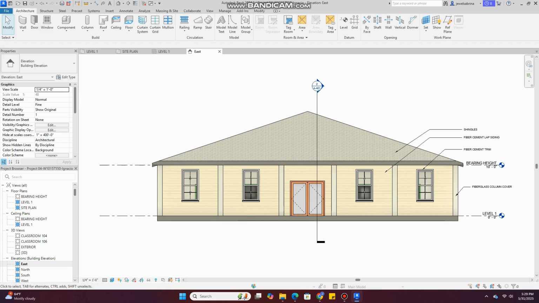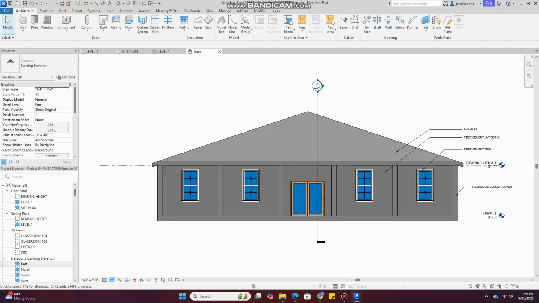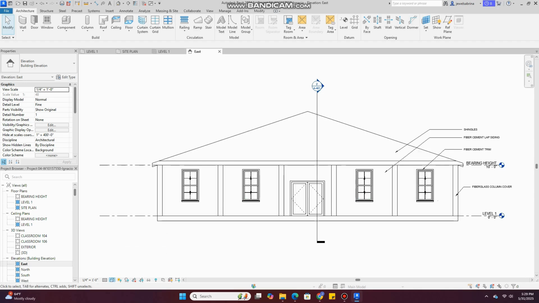If you have all your views rendered in realistic, your file will be very heavy. So let's just put it on hidden line. After that,